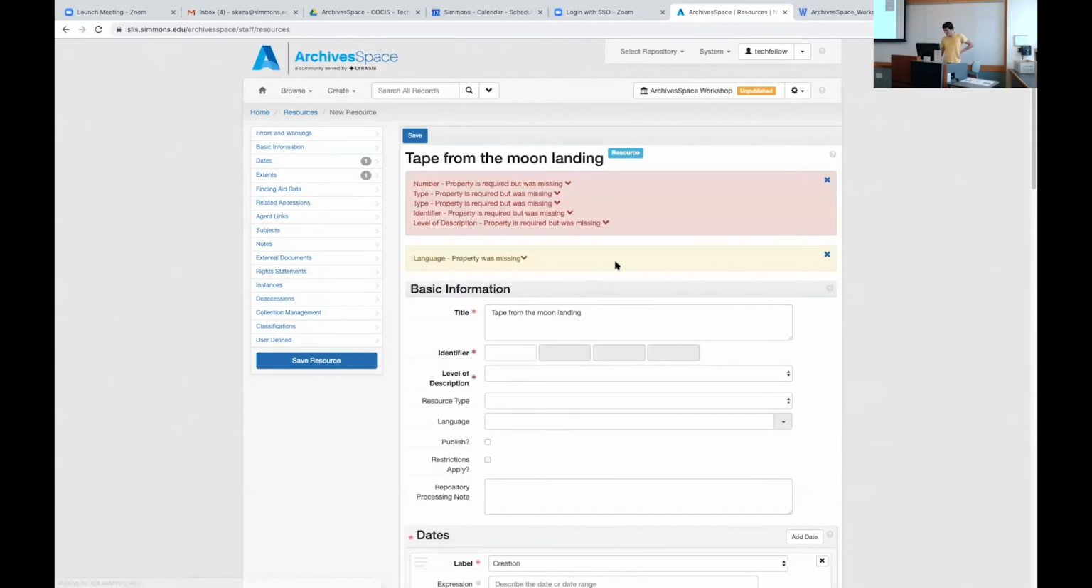ArchivesSpace will get mad at me and tell me, look, you're missing all this information, and you get this menu bar here, this little indicator. And so it's useful if you've made a mistake entering information, because it can prevent you from saving something that's not going to be recognizable. Yeah. So moving on,